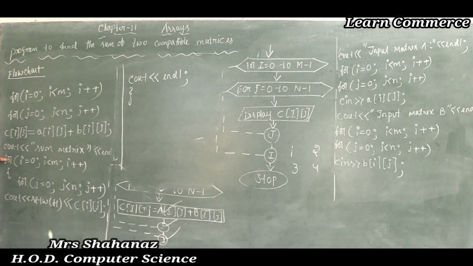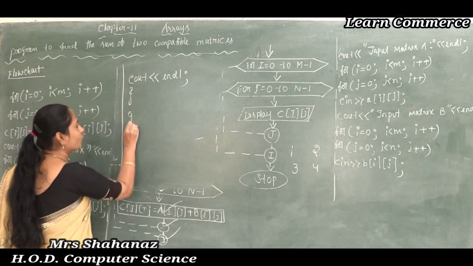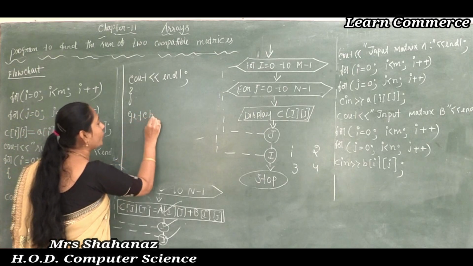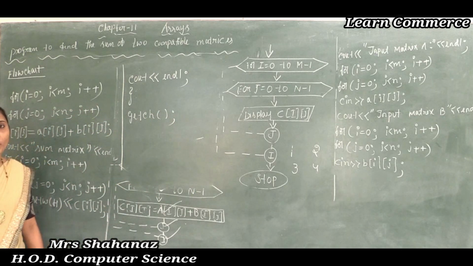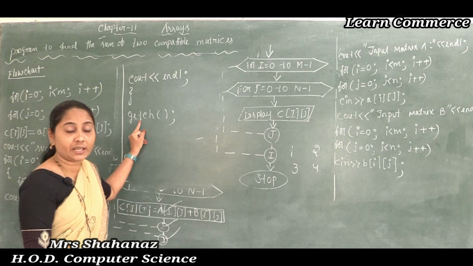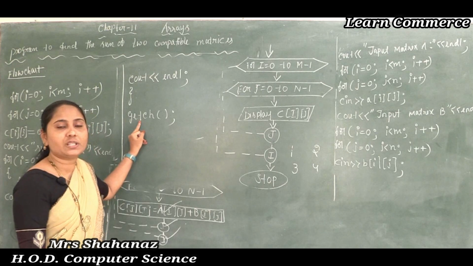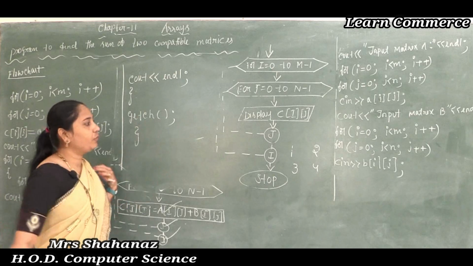As we know that after i is equal to 0, I open the flower bracket, okay. Now just I close such a flower bracket. Then later next one, before going to complete the program, to get the run or the compilation of the program, we need to use the getch. To such getch function we need to use the header file conio.h, and finally closing of the flower brackets.